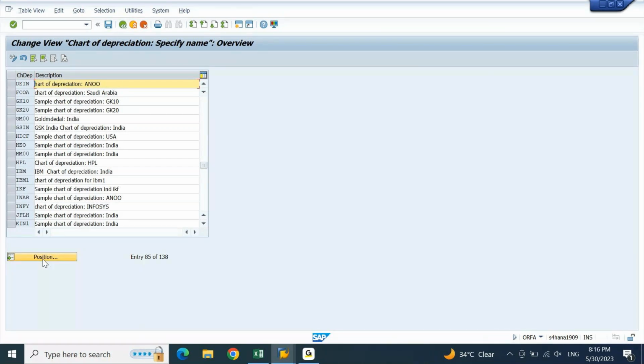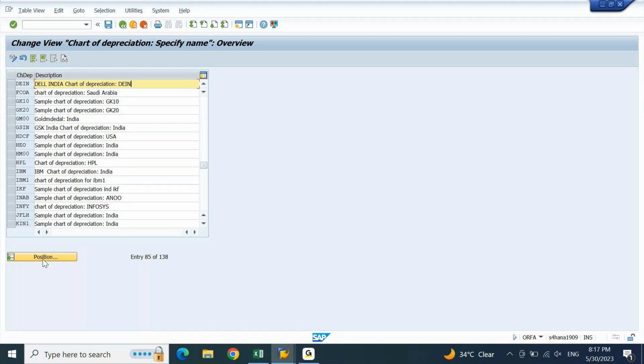something Dell India chart of depreciation, something like this. I am going to put my description. Dell India chart of depreciation. If you want, here you can put your company code. Since you are practicing, for every country you may want to create a different chart of depreciation to practice the configuration several times.